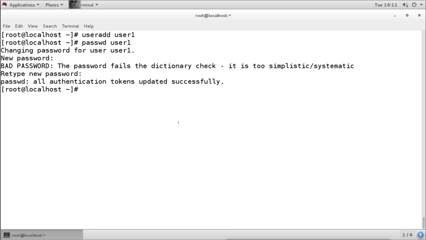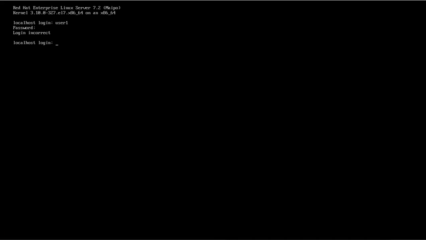Now this user can log in because this user has a password. So I will try to log in with this user, and it can log in now.